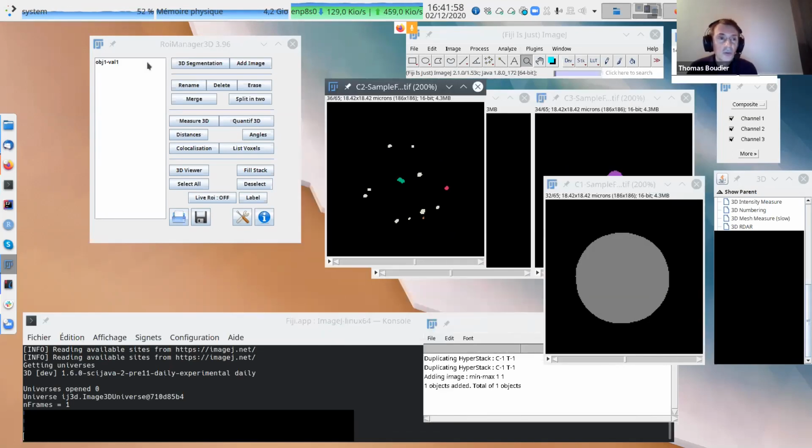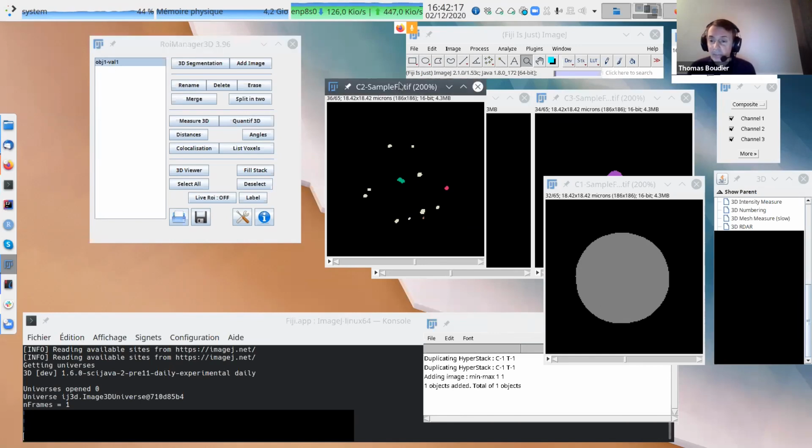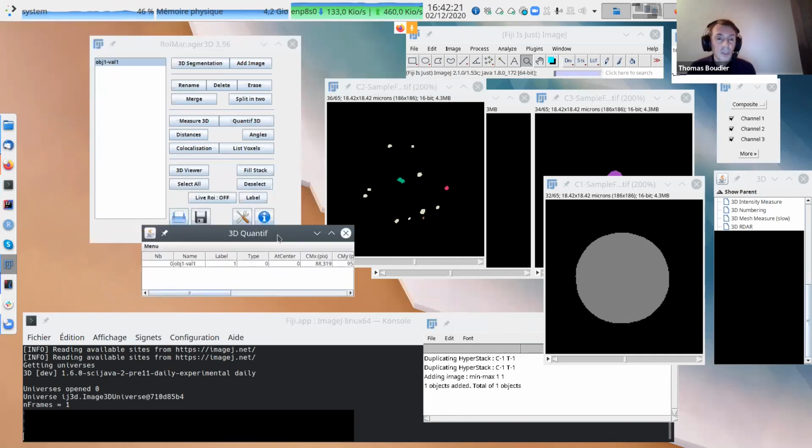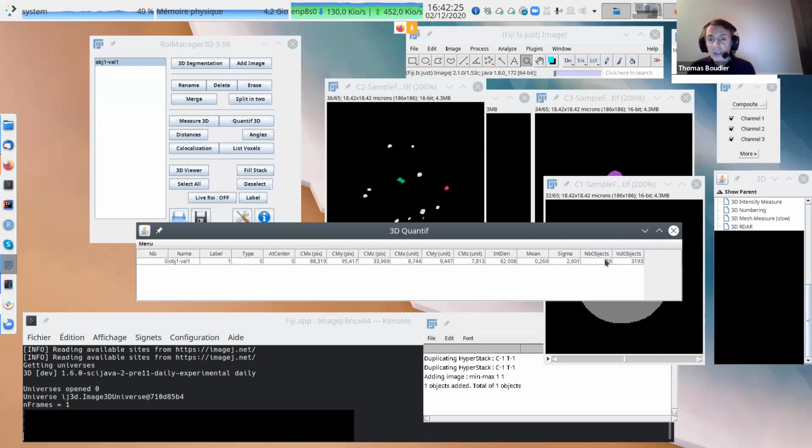Of course, I can quantify the intensity within the nucleus object using the raw image. But if I use now this image with some objects, the quantification will be more like numbering. So I just select my object, my image, quantification 3D. So the same thing. Here we are more focusing on these two columns.